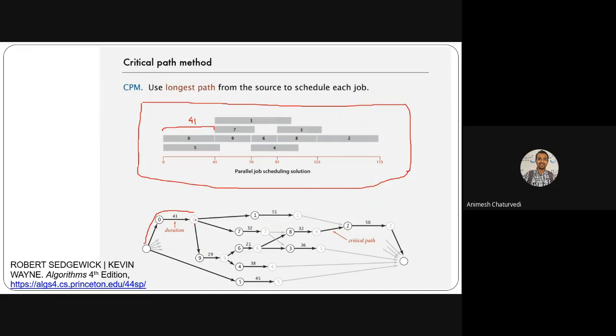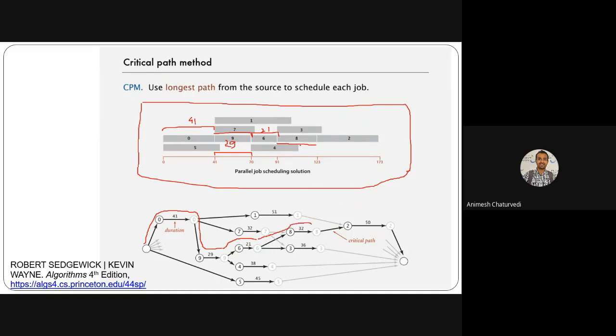Thereafter, what do you have to do? Thereafter, you have to do this 29. 29 was being used, then 70 was being reached. Then you have to do what? 21 for completing this 6. This 21. Then for the ninth, you have this what? 29. And then thereafter you have this 32 for 8.